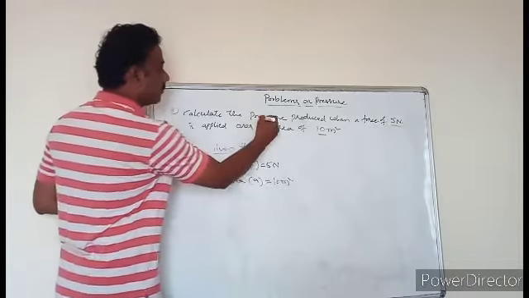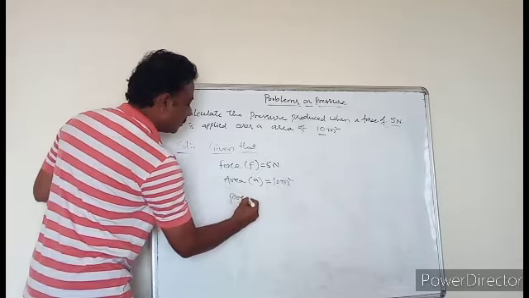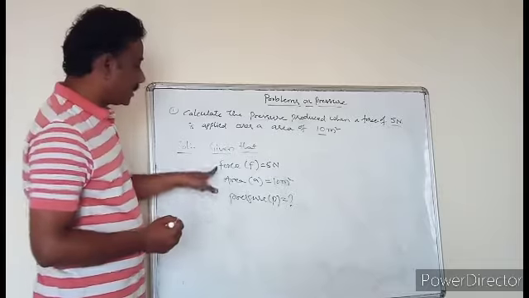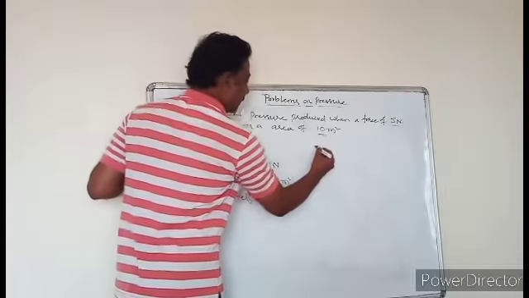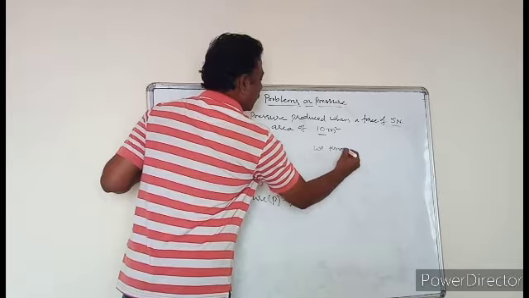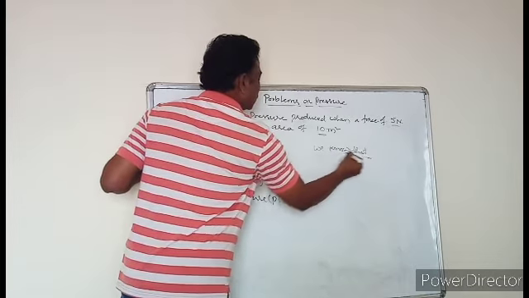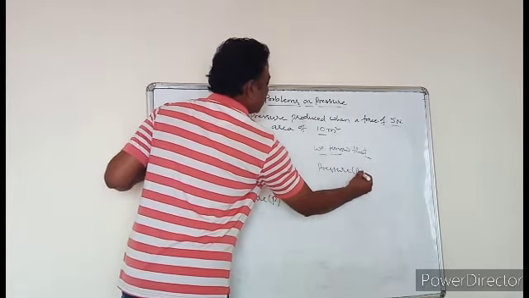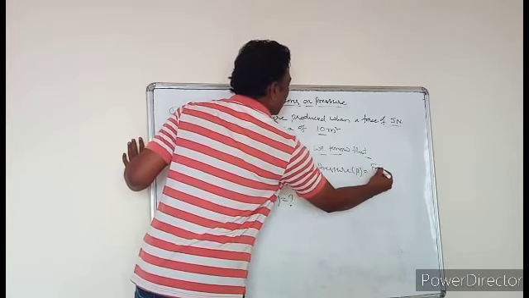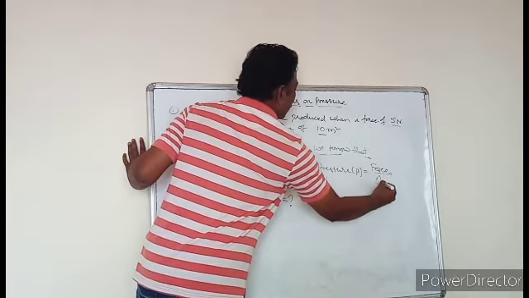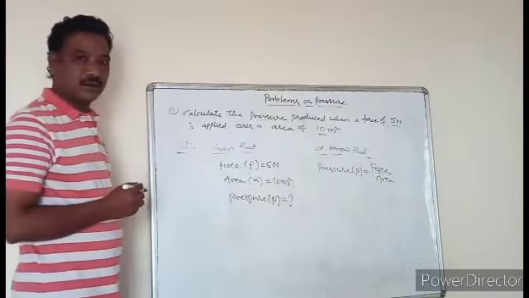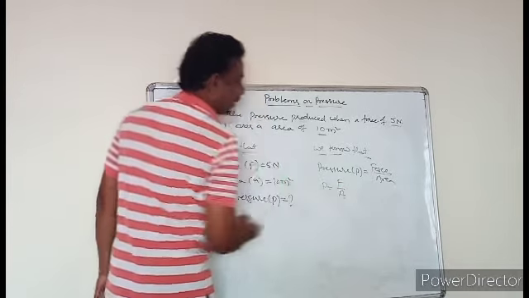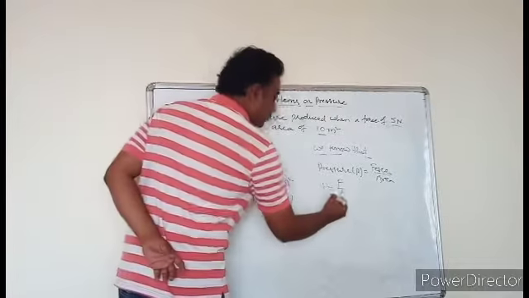What we have to find out? We have to find the pressure. So find the pressure P is equal to how much? So this is the given data, and from this we have to solve the problem. We know the formula for pressure: P is equal to force per unit area. So P is equal to F by A. Now substitute the values.